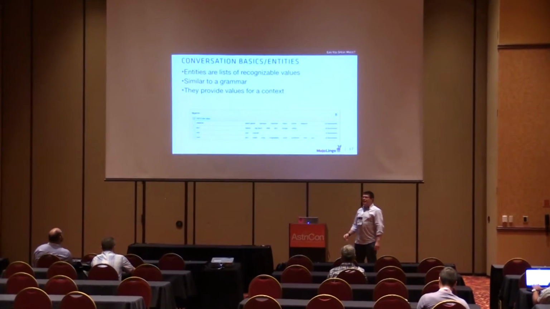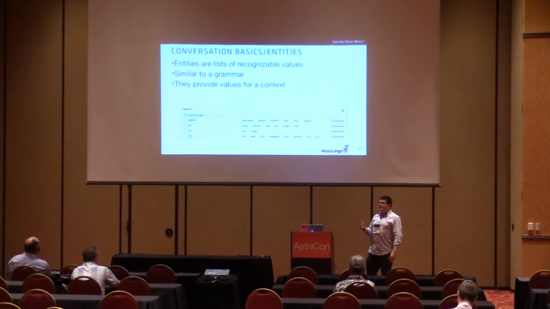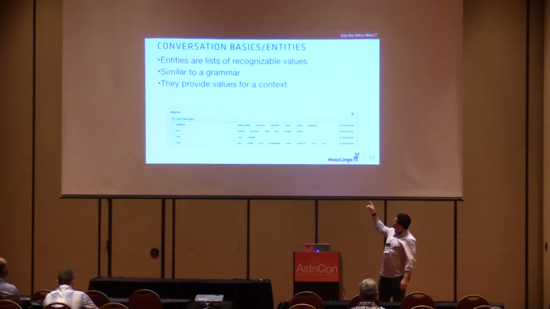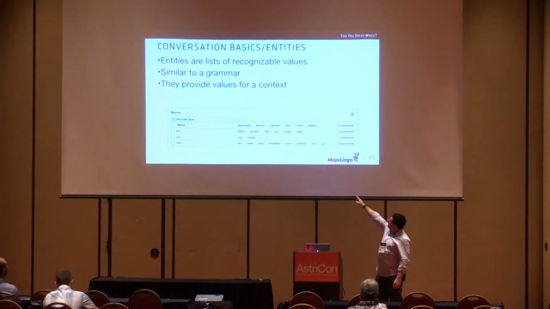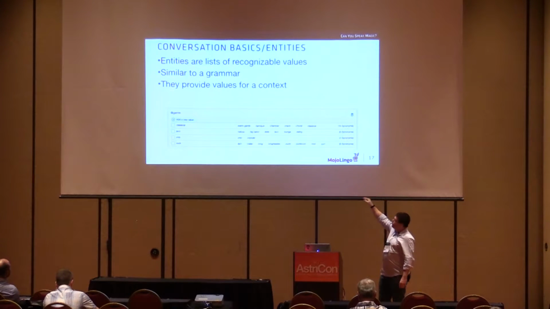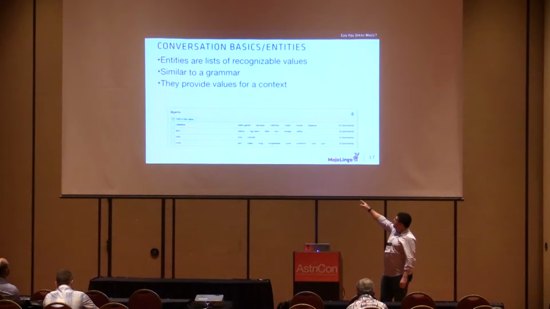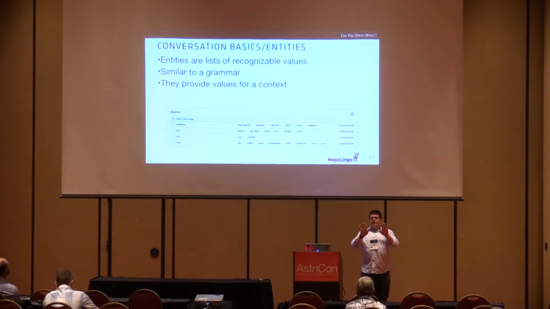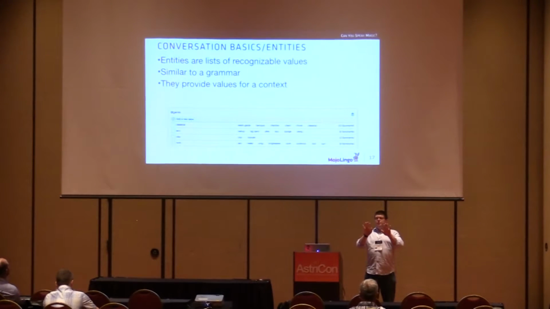So for example, if I ask to turn on music, the next thing I will want to provide is a list of entities for genres. As you can see, there's a list of basic genres to the left and a list of synonyms going on. So jazz is also big band and Dixie and lounge and swing. Rock is jam, metal, prog, and whatever. They provide values for a context. So you're going to use an intent plus an entity. Turn on music. Jazz music will be the entity.